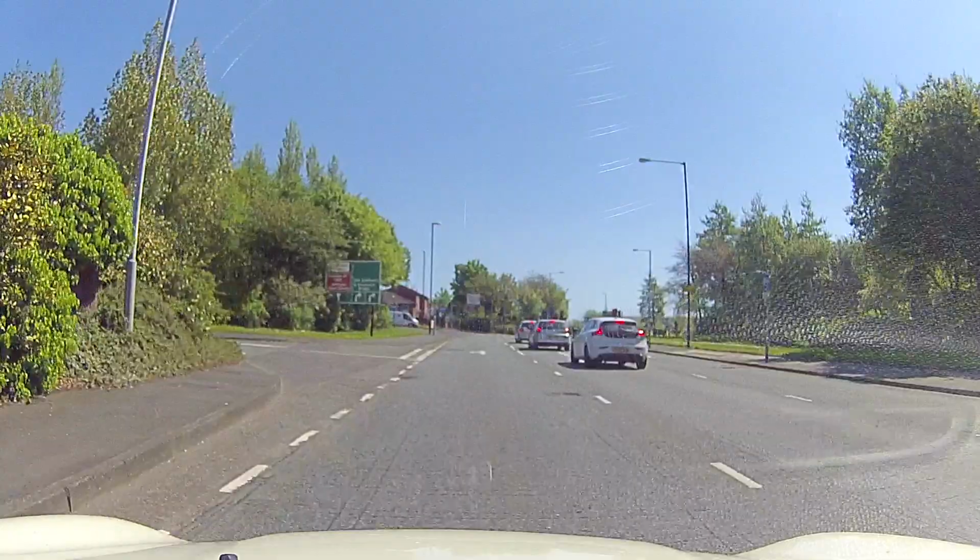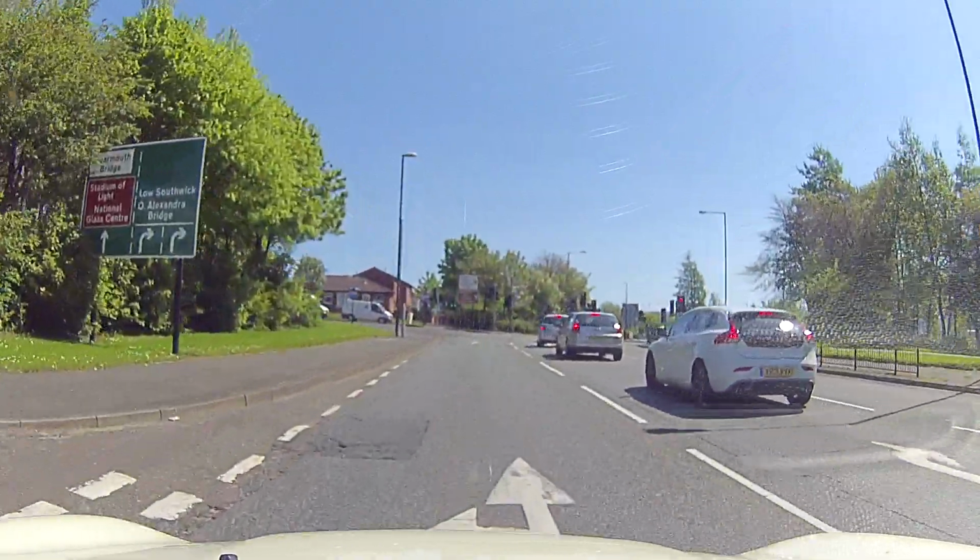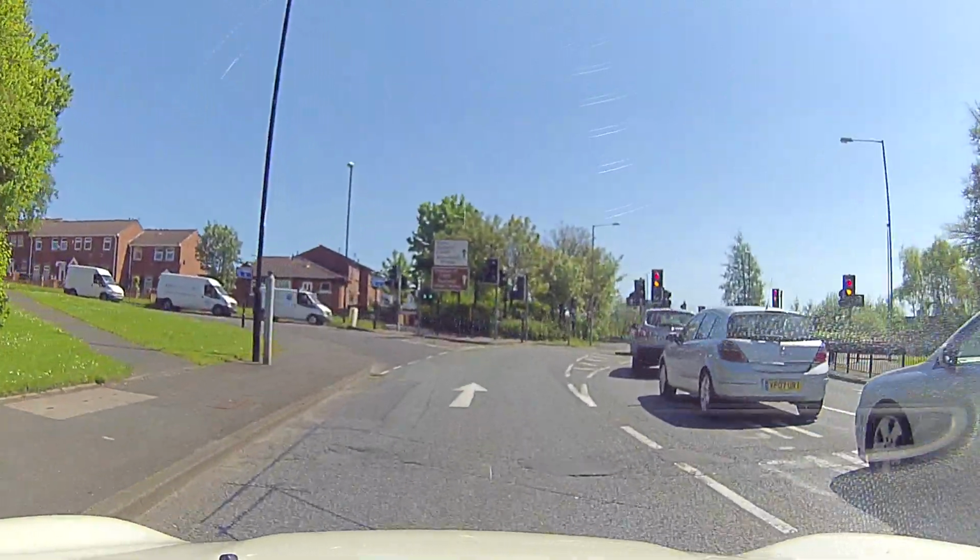So the road says Roker straight ahead. Now the lights are on green, anticipating them changing back to red. They were hard to see there because